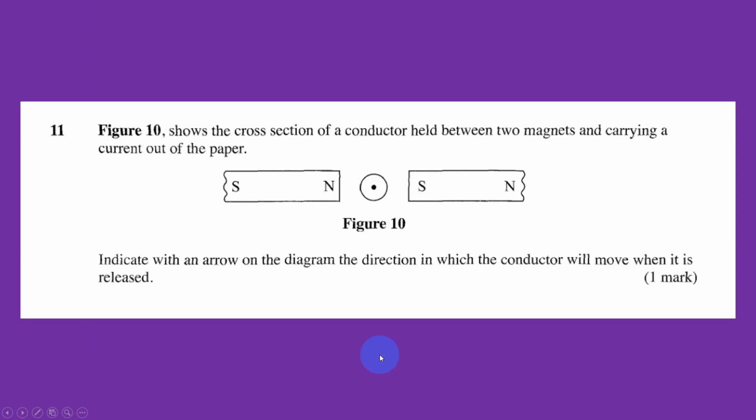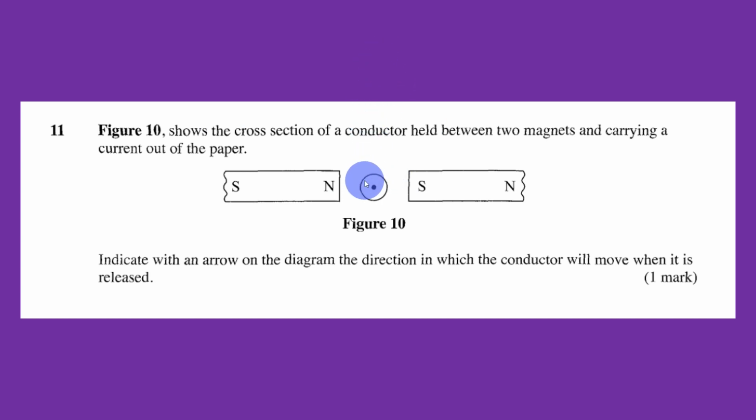And let's go to question 11. Question 11 is about magnetism, where we are told that figure 10 shows the cross section of a conductor held between two magnets and carrying a current out of paper. Again, this is where you use Fleming's left-hand rule. Remember, Fleming's left-hand rule